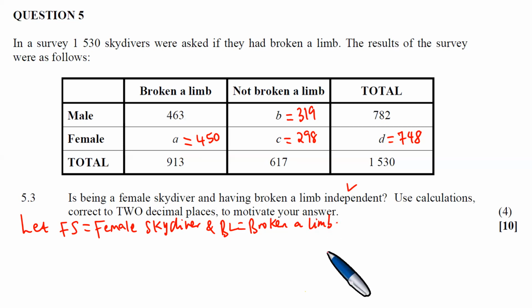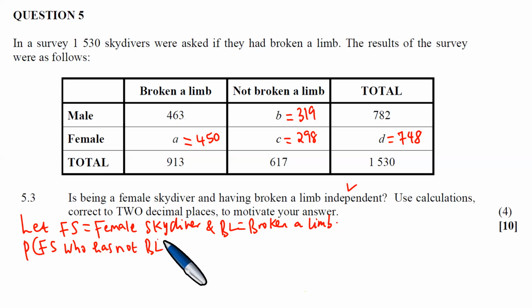Okay, are they independent? Use calculations correct to decimal places to motivate your answer. The probability of female skydiver, right? Female skydiver who has not broken a limb